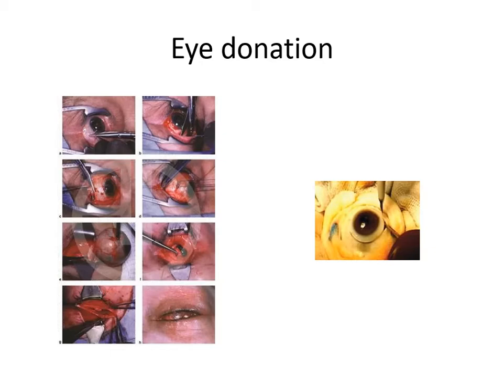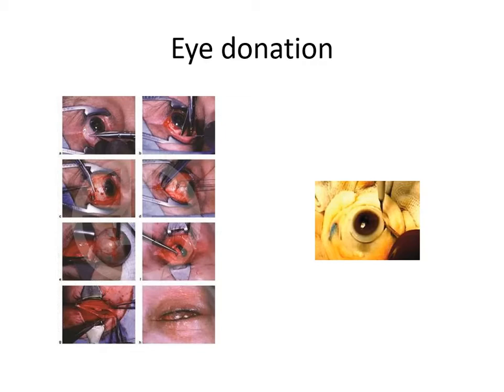So first you have to confirm the death. Either you ask for the death certificate from the relatives or you yourself, if you are a doctor, can certify the death. Look for the dilatation of the pupil and then carry an ECG machine. You should get a straight line on the ECG machine. Then you take the consent of the close legal heir, with a signature that they are ready to donate the eyes.